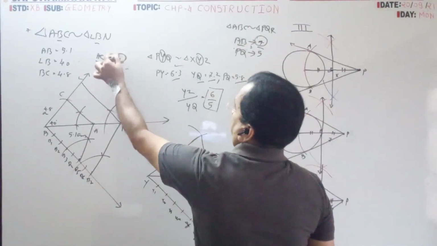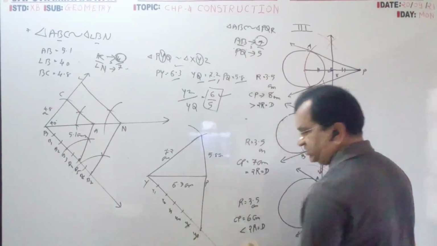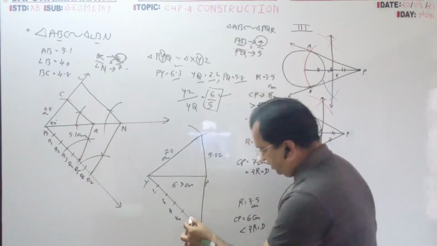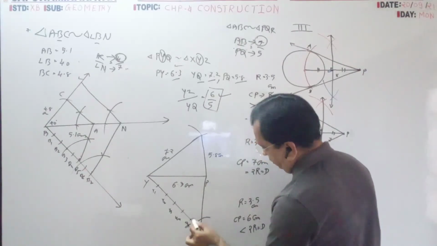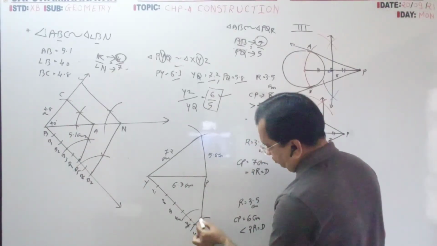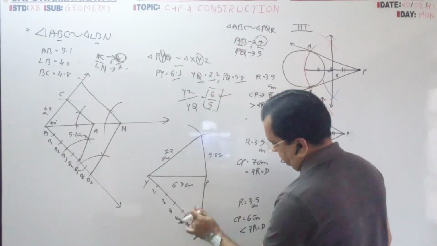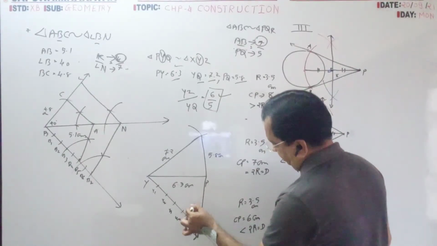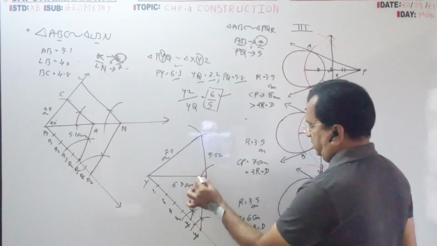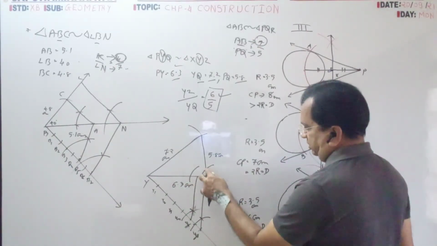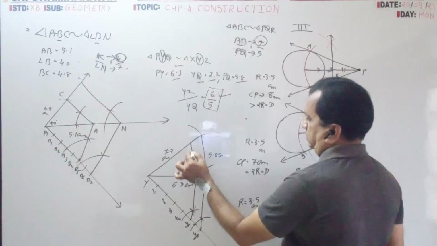Here also the top number we have joined first, then parallel. Here also the top number we will join first with 6, and then from 5 we will draw the parallel. How to draw the parallel? From here 1 arc, from 5 1 arc. Now from this to this measure, this to this measure. Just small. It will be parallel. Now from here also 1, from here also 1, from here this much. This is the parallel line.